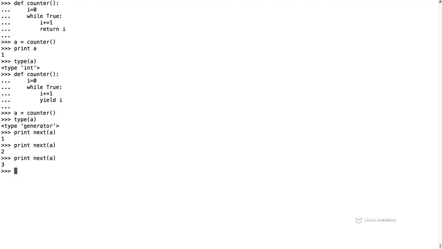Generators are inherently different from functions because they maintain state. So you can keep on calling a generator and it will create the new value for you and return it. This is called lazy evaluation, which means instead of creating all the values at one go and keeping them in memory, you create the values one at a time in a function and return them, thus reducing the amount of